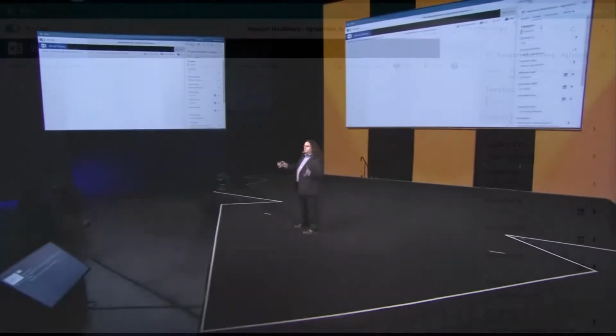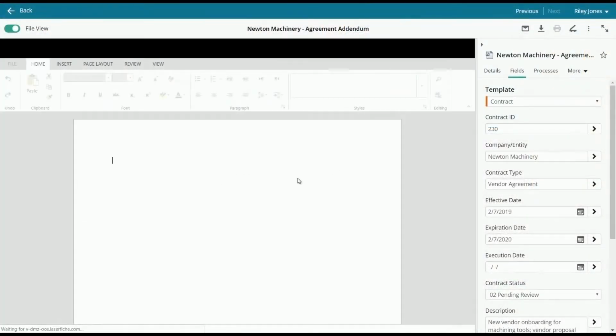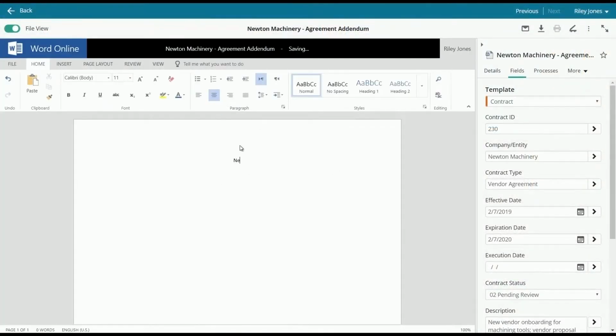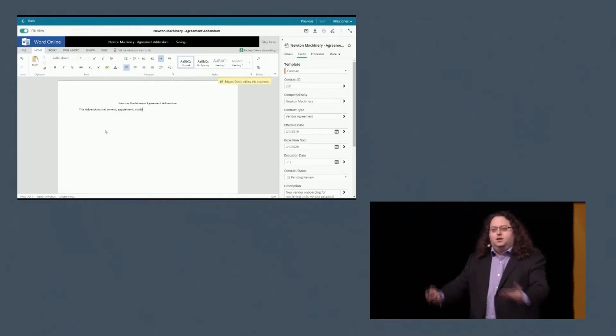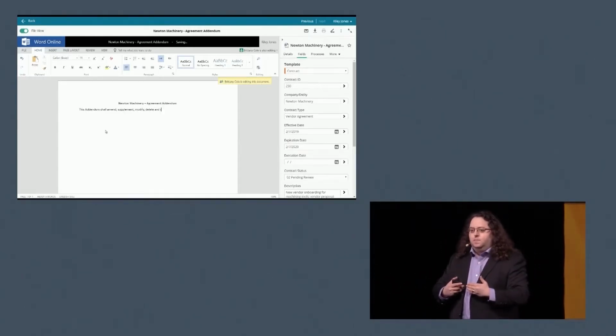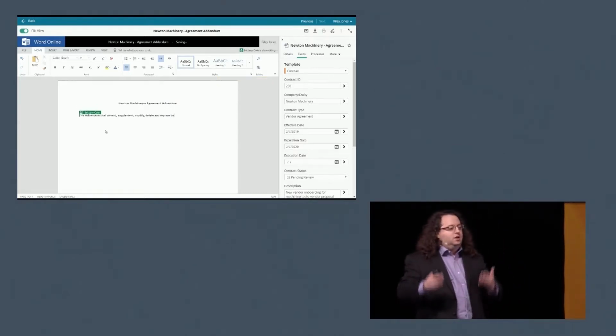And the thing about this supplemental document is I need input from multiple people. So generally, what does that mean? I have to wait one by one as people work on it until they're done. Or I have to send emails out, get their information, and come back and put it all together myself. But making use of Laserfiche